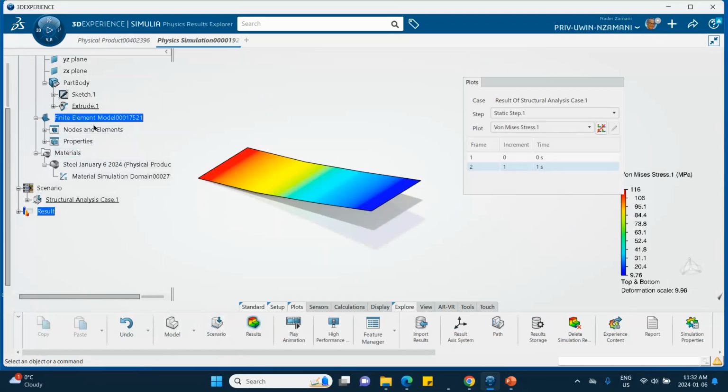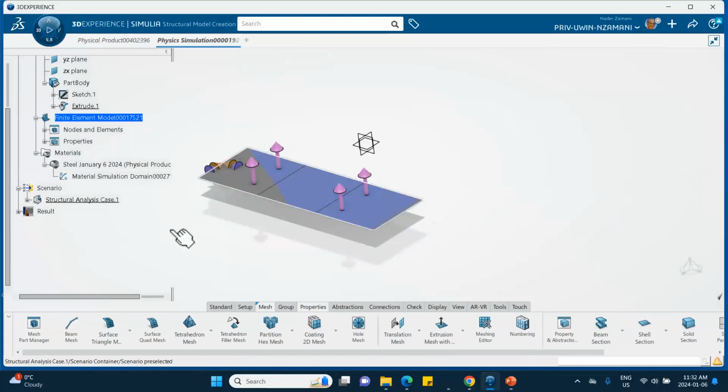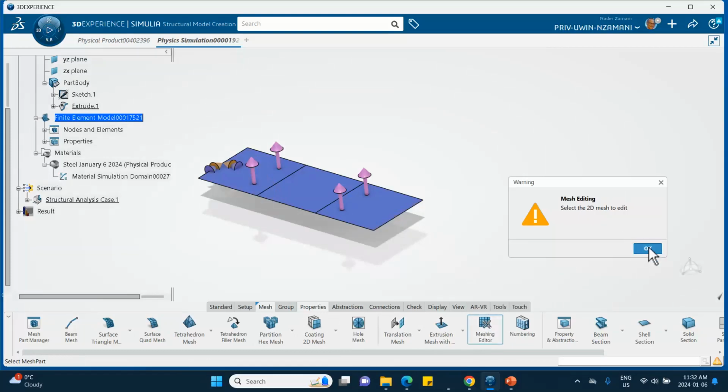Now, let's go back and flip the direction. How do we flip the direction? We have to go to the measure. Over here, when you're in the measure, there is the meshing editor. This is how you flip the direction. You click on it, you say OK,